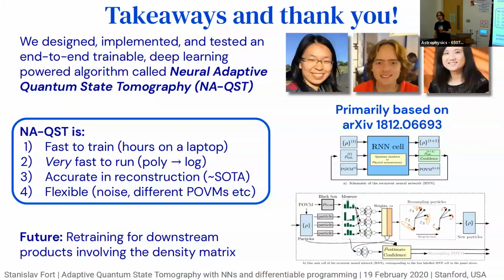If you're clever about it, if you're using adaptivity, you can say, I measured here, let me measure perpendicular to it in the next step, and you can follow like this. You can have a more clever procedure for choosing the POVM such that you extract the most information out. You might be certain along certain directions, and you don't care about those, so you measure orthogonally to those. So step by step, you can accumulate enough knowledge. That's why adaptivity seems to help for 2 legs and 3 legs, because you do not have complete information from individual steps. So you need to go step by step and cleverly choose how you measure.